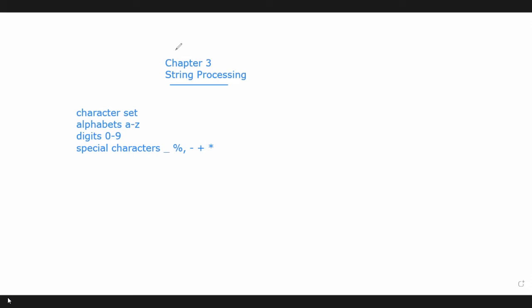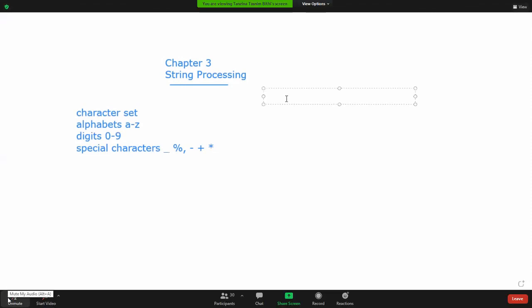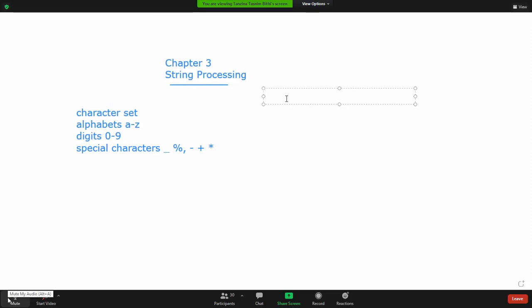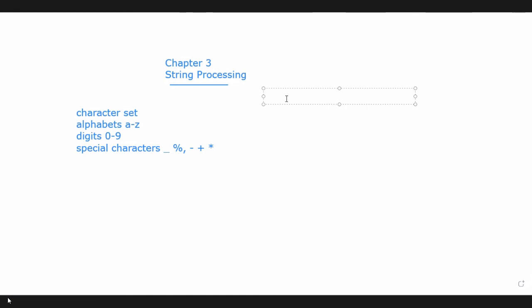So how can we process a string in the C programming language? What is a string? A string is a collection of characters, right? And how can we represent a string? Using an array in C, a character type array.